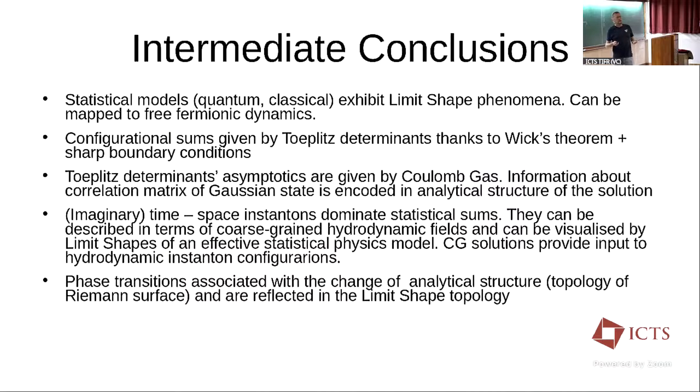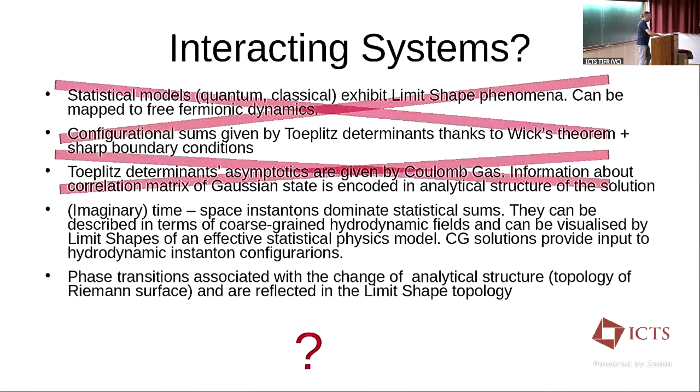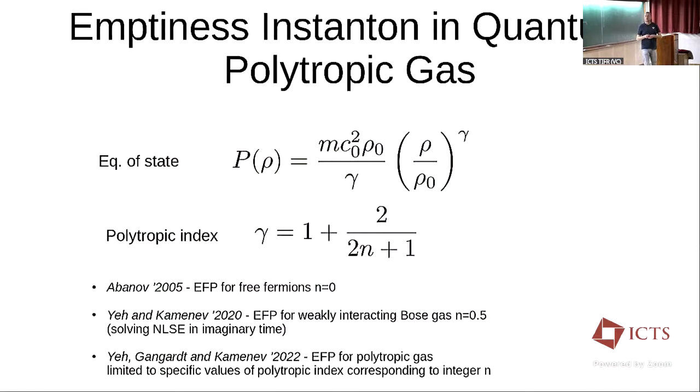The hydrodynamical equations can be written down not just for the free fermionic equation of state, but for other equations of state as well. So this is their power. Of course, whether one is able to solve them is a different story. However, the picture remains the same. And this is what we managed to do recently with some of my collaborators, by looking at interacting problems, namely the problem of the polytropic gas, which has the equation of state written here. This is the pressure as a function of the density. It's characterized by the polytropic index gamma.